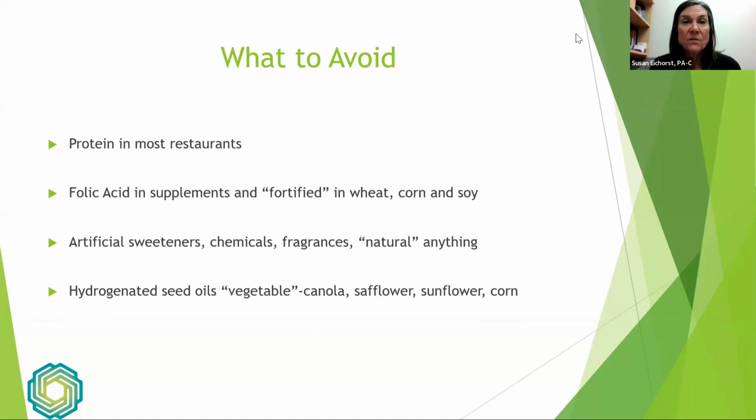Pretty much anything with artificial sweeteners, chemical fragrance, natural flavors, anything, all of these are chemical based and definitely contributing to our inflammatory states. And then I'm getting back once again, I know I'm repeating myself, but these hydrogenated seed oils are really garbage. They are incorporated in our body. They take years to get rid of. They are harmful. They're responsible for way too many chronic conditions. We just have to stop buying them.